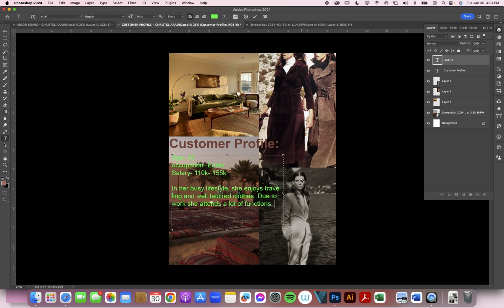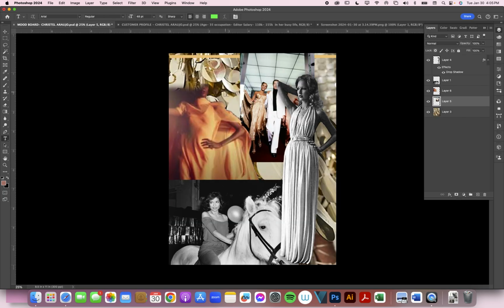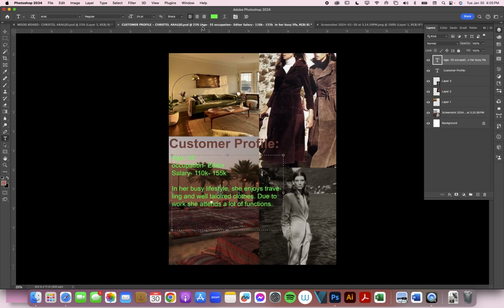What does that mean about my customer? We know what she makes, we know she's an editor. She does enjoy travel, which I do have pictures of. Due to work, she attends a lot of functions. That means whatever aesthetic I have, it looks more like work-appropriate clothing, because there are different ways. My image here of these types of dresses is not so bad, but I think I might have to change it. Maybe change the functions, but